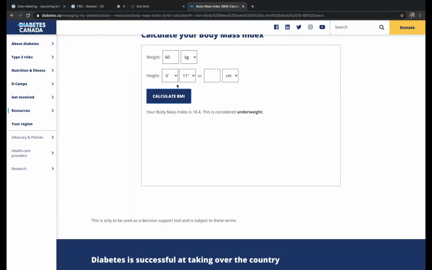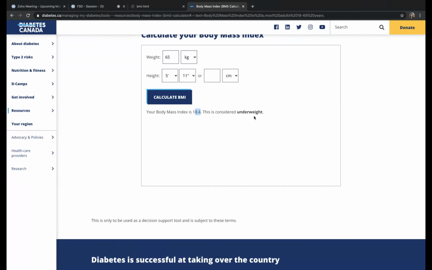Underweight. Actually, underweight is below. Okay. So it is saying your body mass index is 18.4. This is considered underweight.